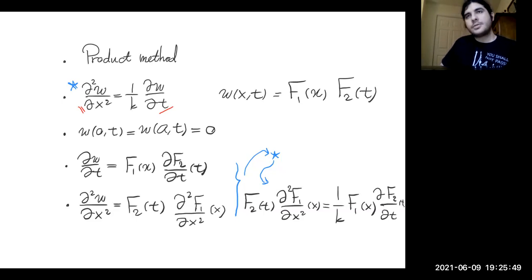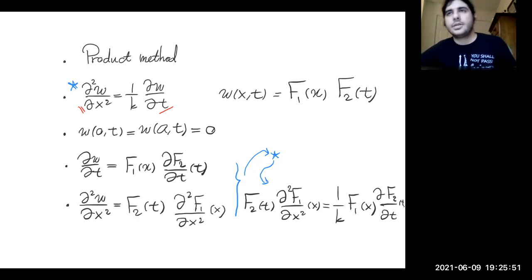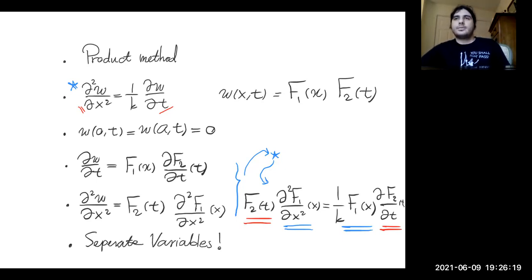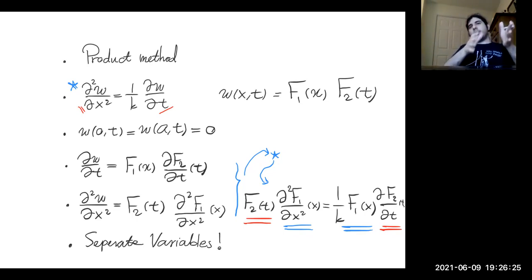Now, note that there are terms which only have x, and there are terms which only have t. So some terms like this one and this one only contain t. Some terms like this one and this one only contain x, right? So the idea is to separate variables. That's what we are going to do. So I would move everything with x to, say, the left-hand side and everything with t to the right-hand side of the